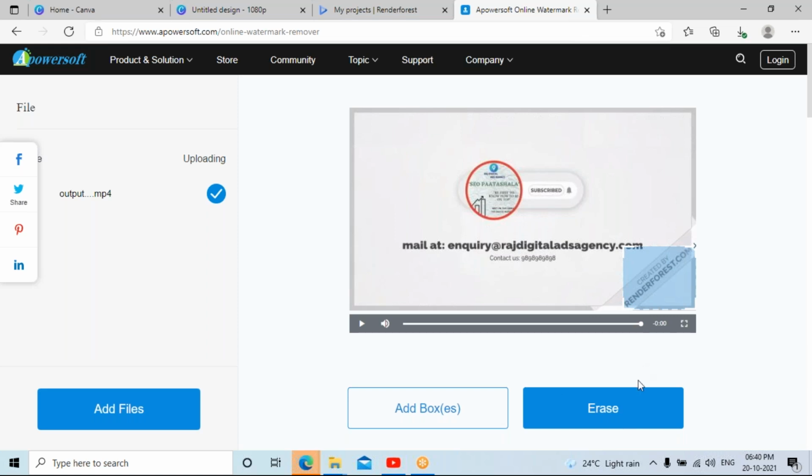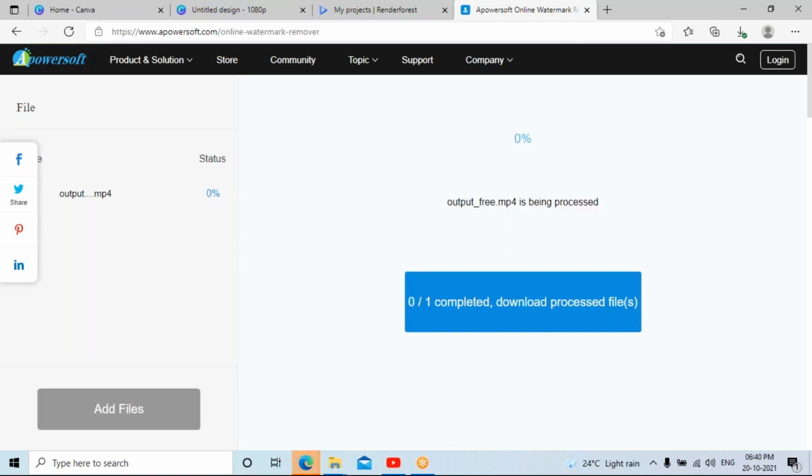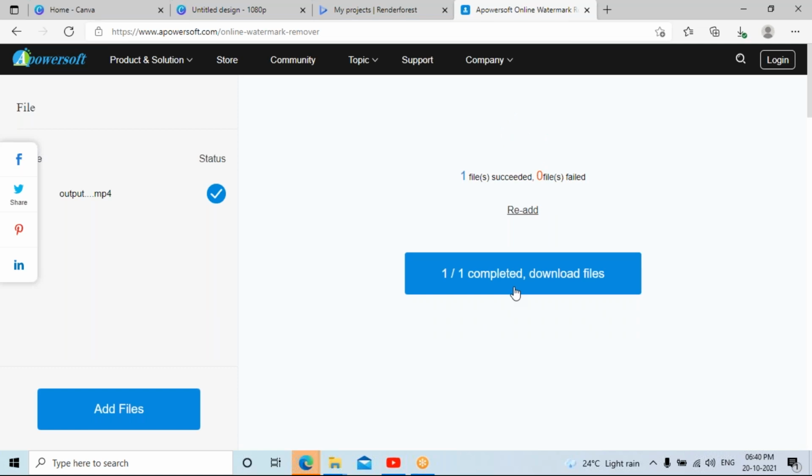Okay, and you can click on erase. So now that particular region is going to be erased and it will look blurred.